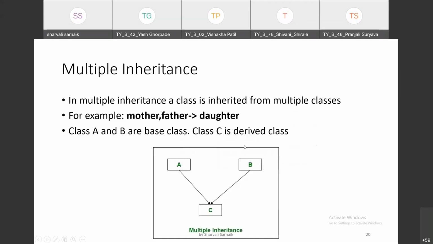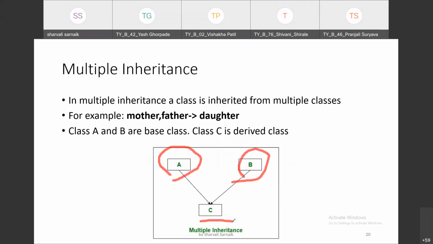Okay, so the next type is multiple inheritance. The next type in Java programming is multiple inheritance. So what is multiple inheritance? It is the opposite of hierarchical inheritance. There will be two base classes and one derived class.